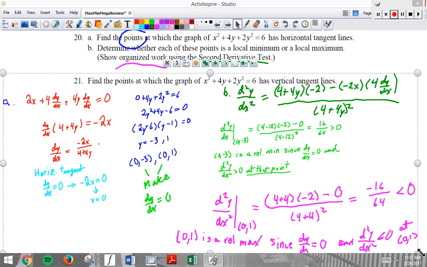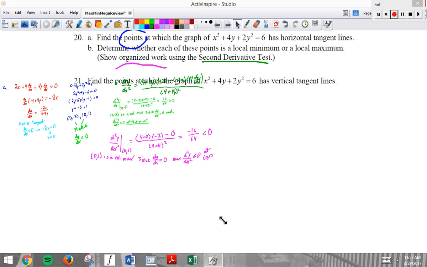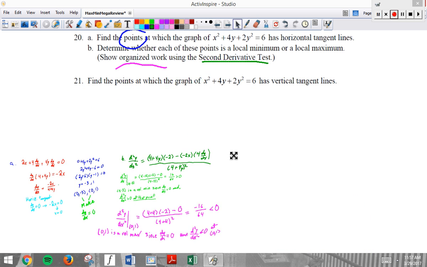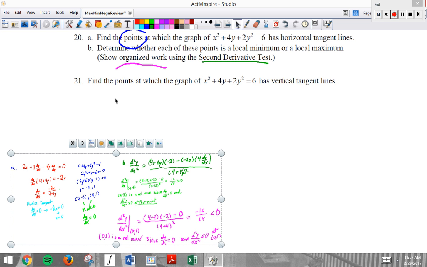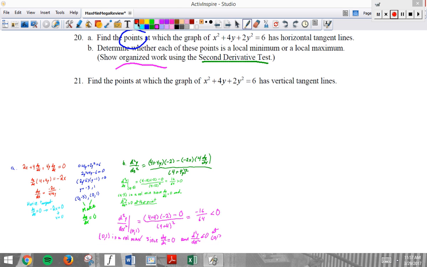And now for 22. So if all of that work changes how you felt about your answer to 21, I'm sorry, I said 22, pause the video and try 21 again. 3, 2, 1. For instance, now that I know dy/dx equals negative 2x over 4 plus 4y,